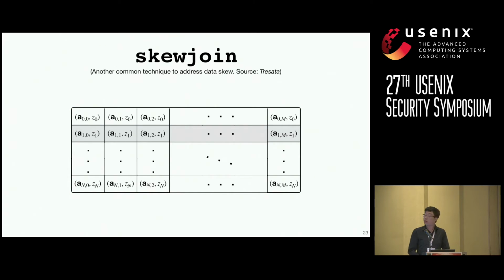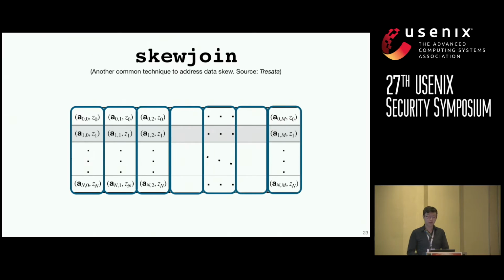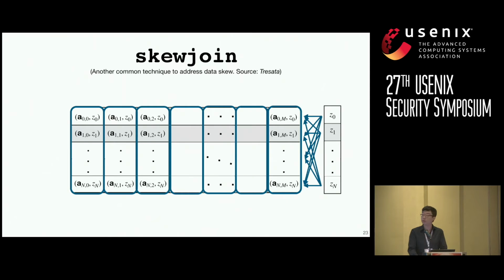And if our matrix A is now partitioned column-wise, and we perform a skew join with vector Z, we see that each partition now needs access to every unique element from the vector Z. And in this case, no matter how we organize our data here, the off-the-shelf approach will cause unnecessary replications that blow up our memory cost requirements, making it impossible to scale the system. And if you observe here, this is actually equivalent to block join from earlier.